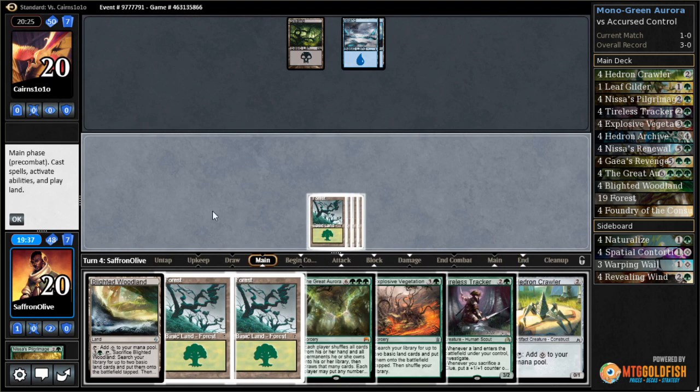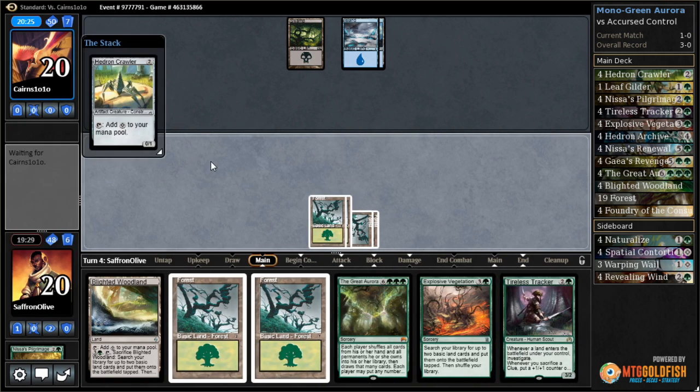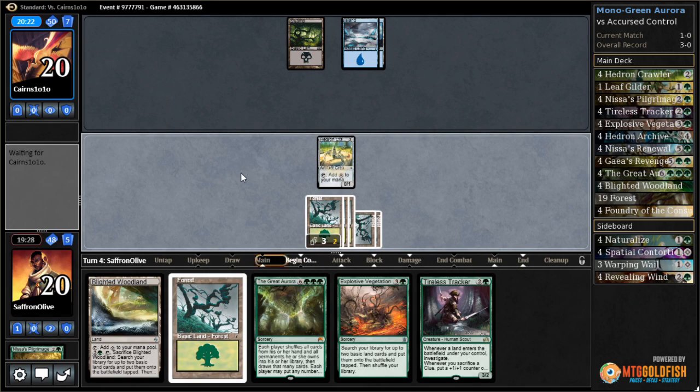Another land for our opponent. 1, 2, 3, 4, 5, 6, 7. Alright, let's just... Yeah, let's Hedron Crawler. Forest. Pass the turn. Next turn, if our opponent taps out for like a Cursed Witch or something, and our Hedron Crawler lives...